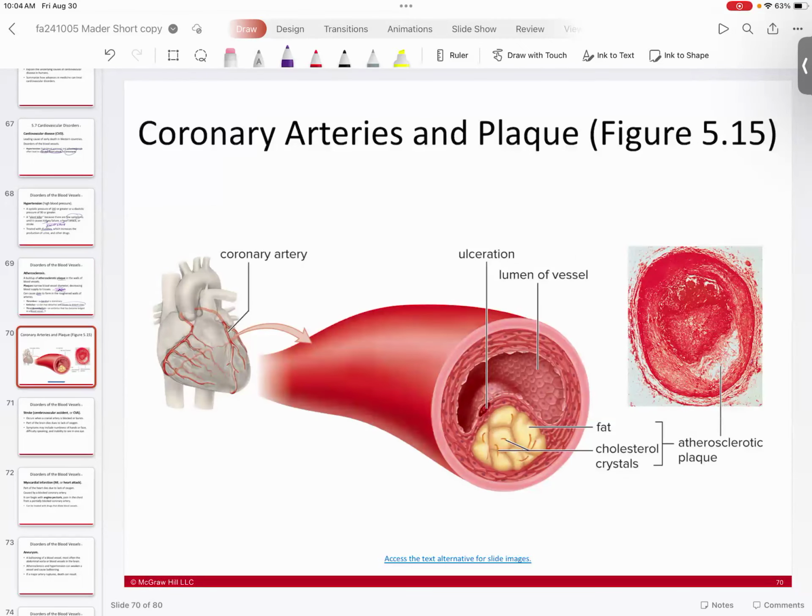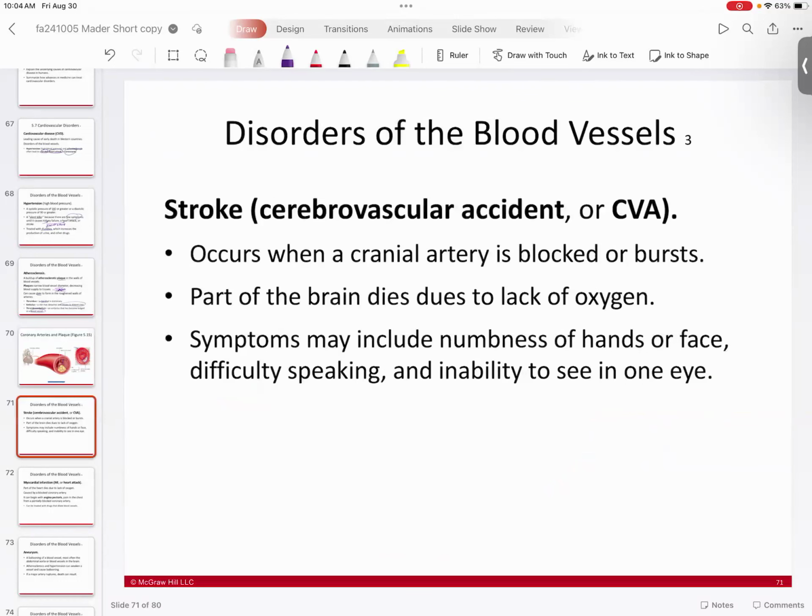Right. So this is kind of what it looks like. So here's your fatty plaque. So you can see how it's closing off the diameter of the blood vessel, and it's disrupting flow. So this is an actual micrograph of the plaque itself. So here's your atherosclerotic plaque. So you can see how you have a diminishment in the diameter and the amount of blood that's able to come through there. And so you have to be very careful, because if that occludes too much, it could cause